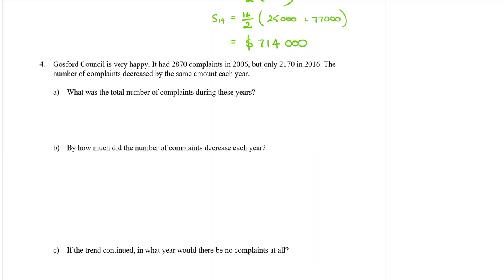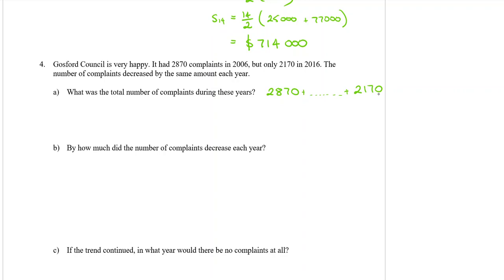Okay, so we started with 2,870 complaints. Then we have some terms in the middle that we don't know yet. And then we have a final term, number of complaints, was 2,170. So,